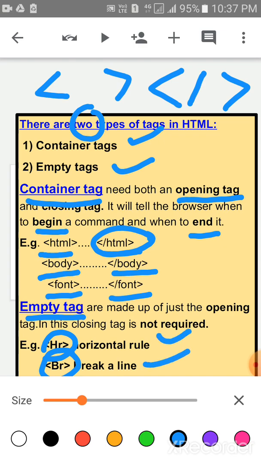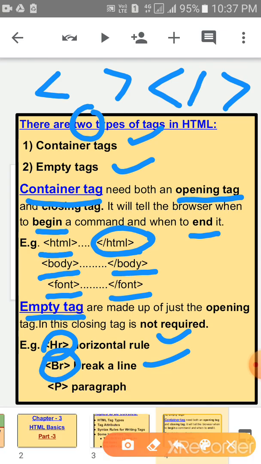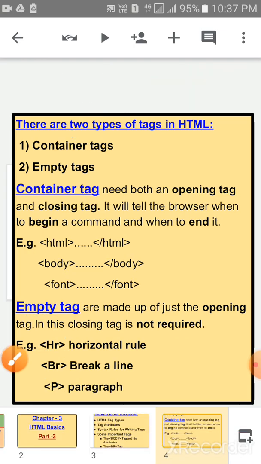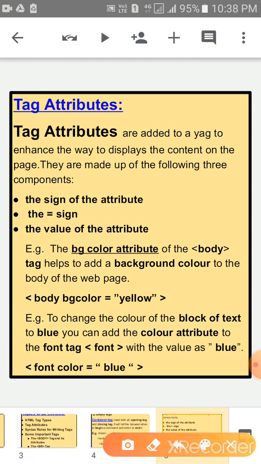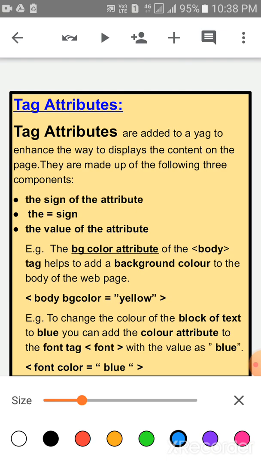Understood? Clear, children? Okay. Now, children, come to the tag attributes. Children, tag attributes are added to a tag to enhance the way to display the content on the page. They are made up of the following three contents.